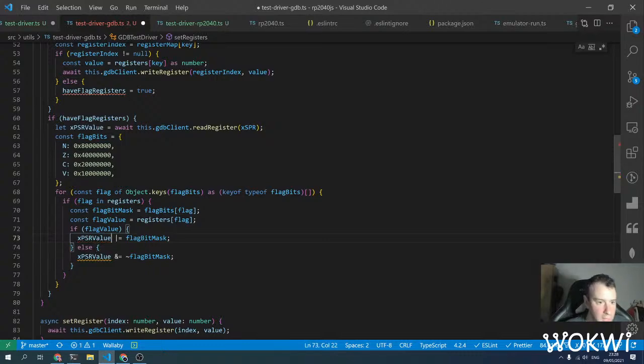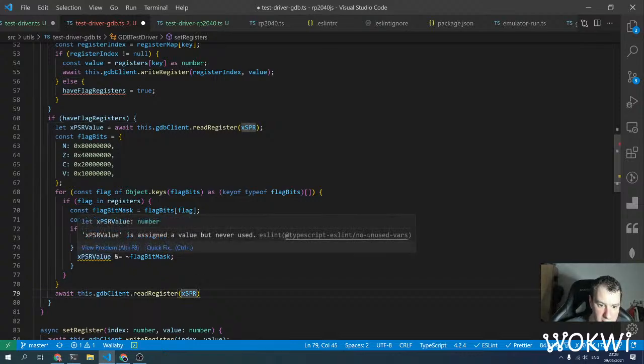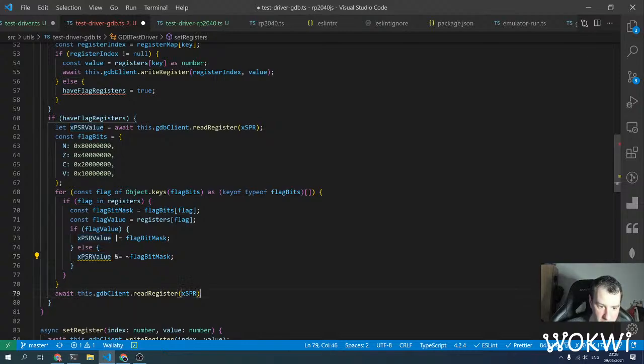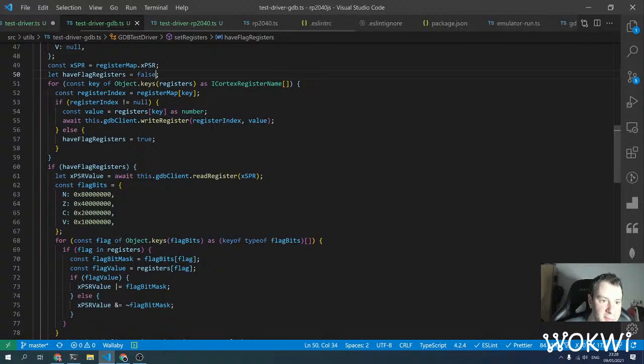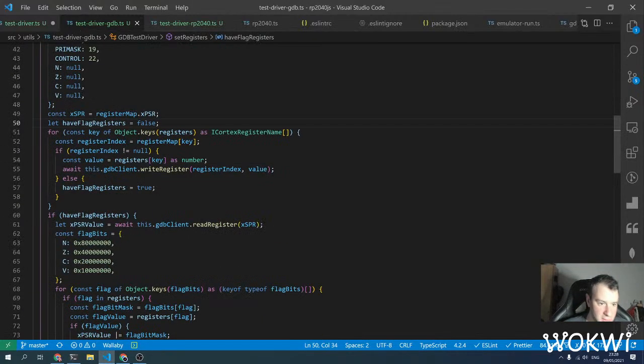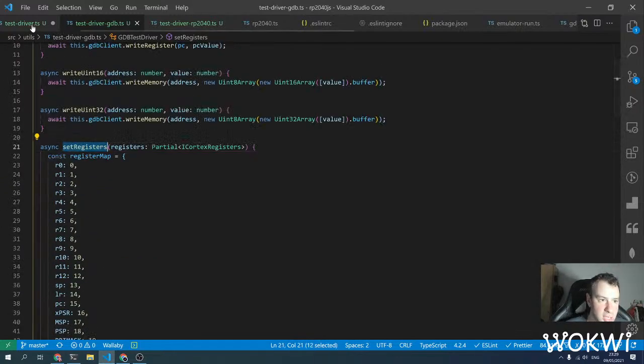xpsr. And finally, we can just write this value back after this. Why isn't it like that? Oh yeah, we are going to use it in a moment, so we are going to write it back. Write register. Okay, cool. Almost cool. Yeah, it should be false, not 0. Okay, cool. So now TypeScript is happy, and we have this enormous, hopefully working set registers method, just so our